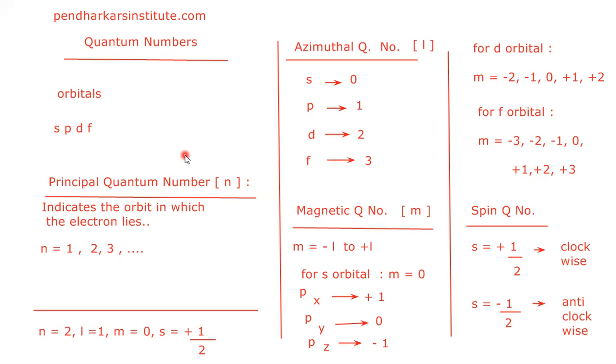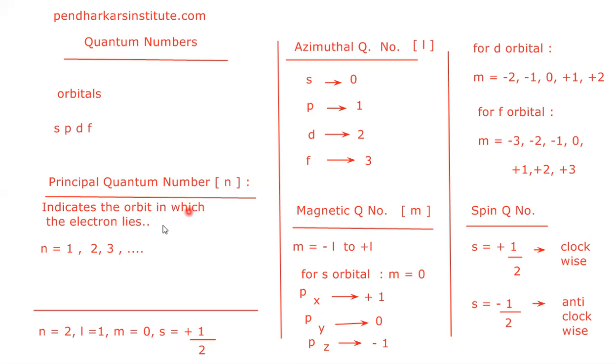मतलब if there is some atom, कोई भी atom में electron होगा, if there is an electron in an atom, then that electron is present in which orbital, in what direction, and it is spinning in clockwise or anti-clockwise direction. All this information is given by quantum numbers. There are four quantum numbers: principal, azimuthal, magnetic, and spin. Quickly, I will explain about them.